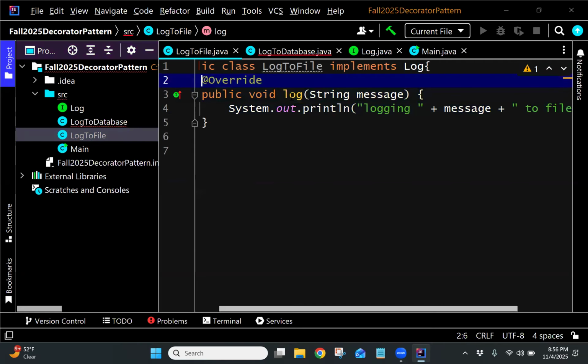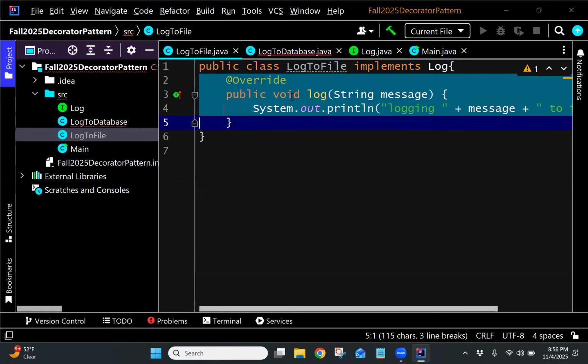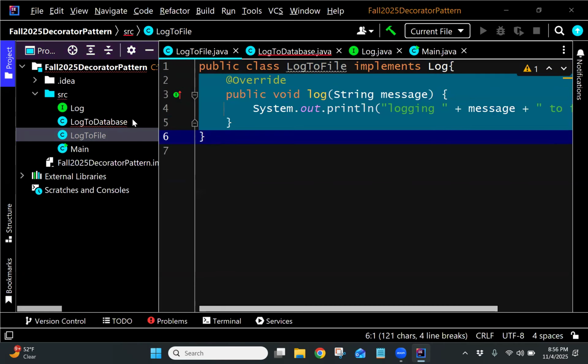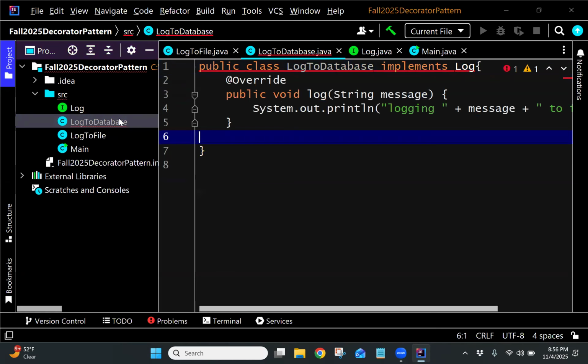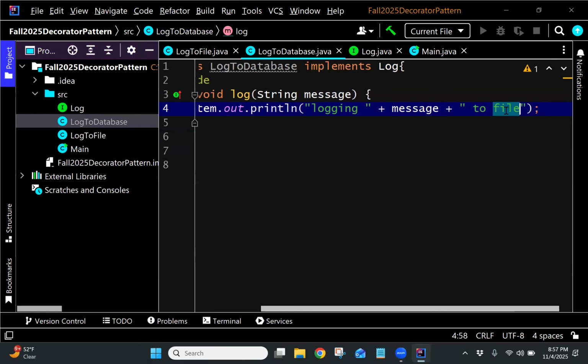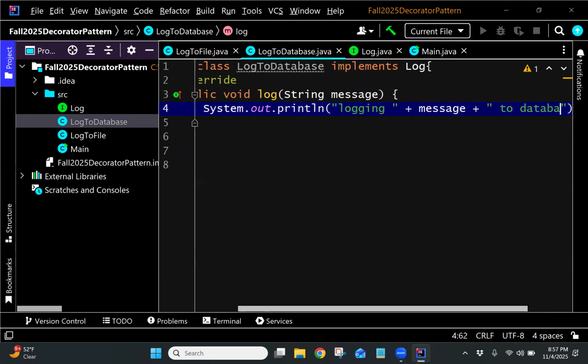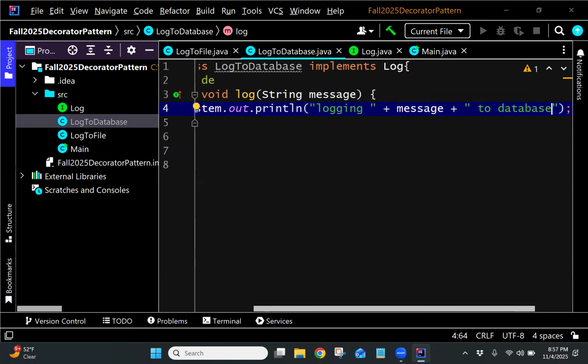Log to database. Okay, so now sometimes you want to save the logging in the database because